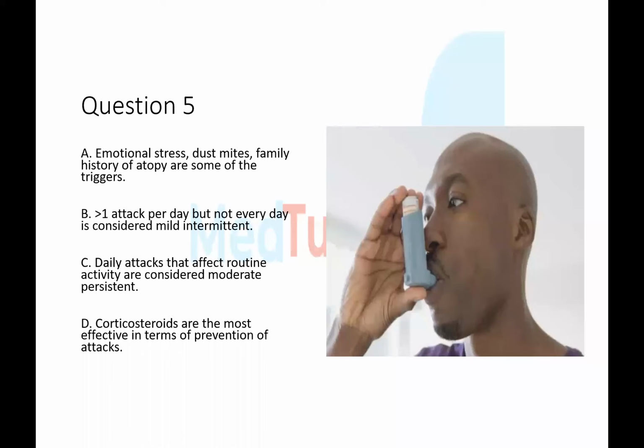So attacks more than one per day. So anything more than one is already moderate, so it's not going to be mild intermittent. So daily attacks that affect routine activity are considered moderate persistent. Well, that's correct. Now, corticosteroids are the most effective in terms of prevention of attacks. So that's also correct. In fact, when it comes to management of asthma, you will not just tell your patient